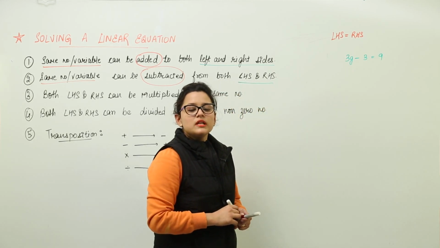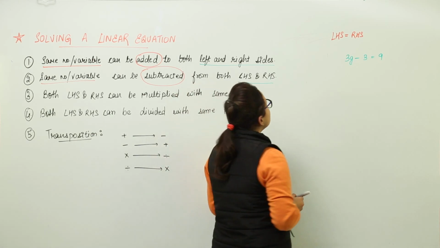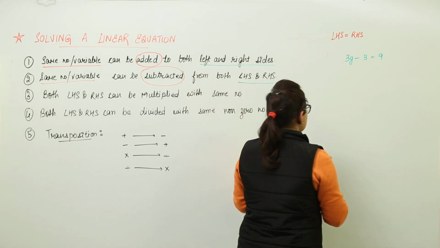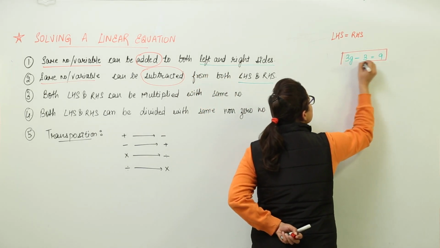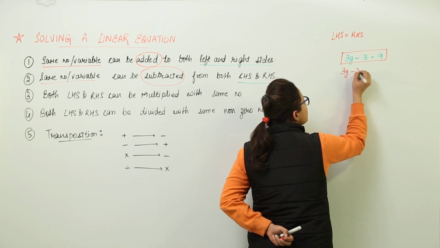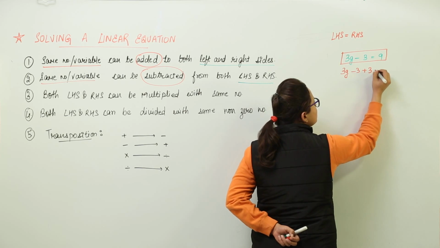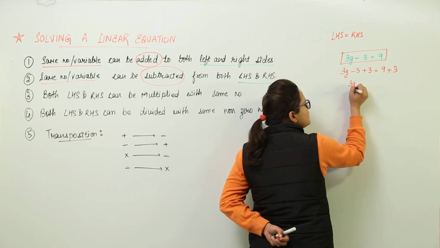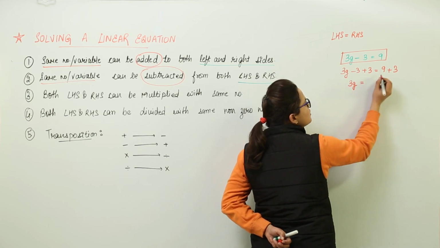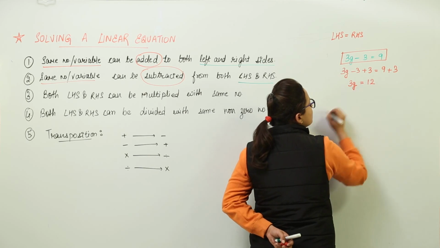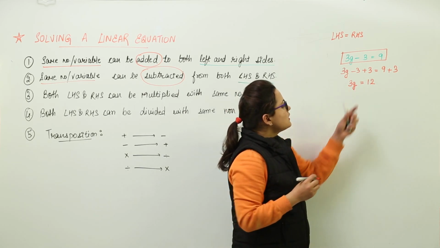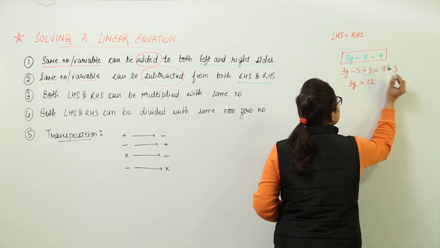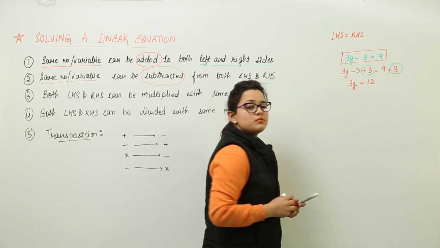For this linear equation, let us apply the first rule, that is, you can add the same number to both sides, left hand side and right hand side. So what do we do here? As this was our question, we can add 3 to both sides. We are adding 3 here and to the other side also. What do we get here? We get 3g, now plus 3 and minus 3 becomes 0. So now we get 9 plus 3 as 12, right? That is how we can add the same number to the left hand side and to the right hand side also, right? Similar can be done for the case of subtraction also.